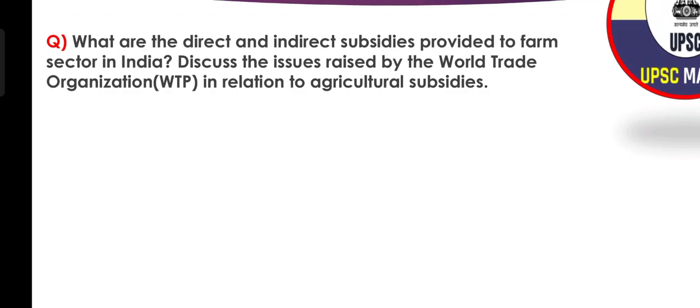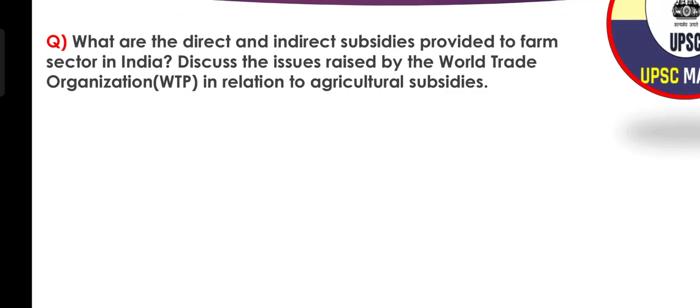Okay, but when we talk about indirect subsidy, it means you are not directly providing the monetary assistance, but indirectly you are helping to reduce their monetary burden, like reducing the electricity bill or subsidizing the fertilizer, or even the MSP, that is minimum support price given for various crops. Okay, so these are indirect subsidy, and you have to understand that, and you have to mention the definition, examples,